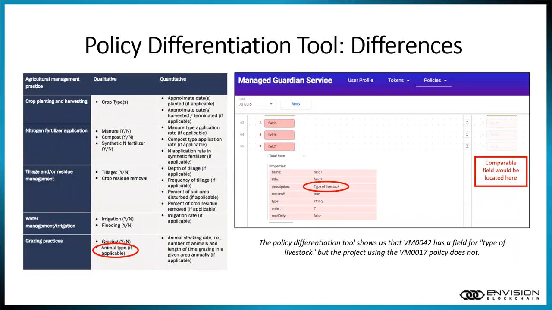On the left side here, we're going to start talking about some differences. So if we focus on the left side, there's a table from the methodology that outlines the various agricultural management practices observed in the schemas. If we shift our attention towards the bottom, we'll notice that animal type is circled. On the right side, we can see our policy differentiation tool, which highlights the type of livestock field,